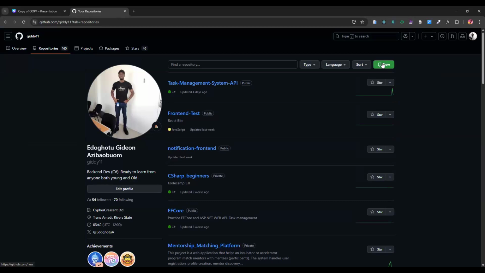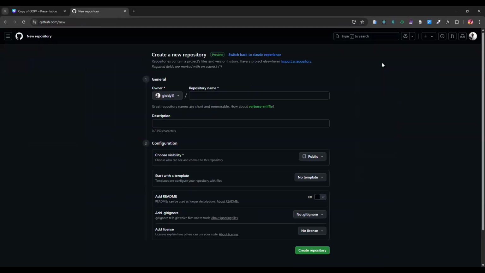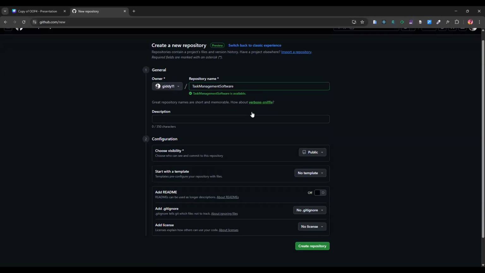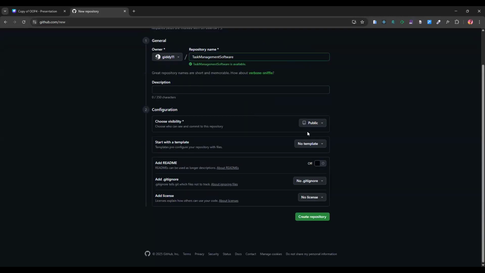So I'll give it a name, which is tax management, where you can give it any name of your choice, right? Then after giving it the name, description, if you want to give it a description,